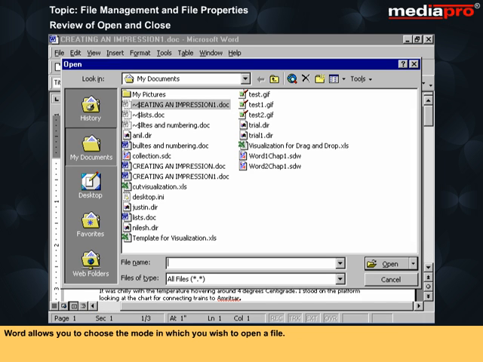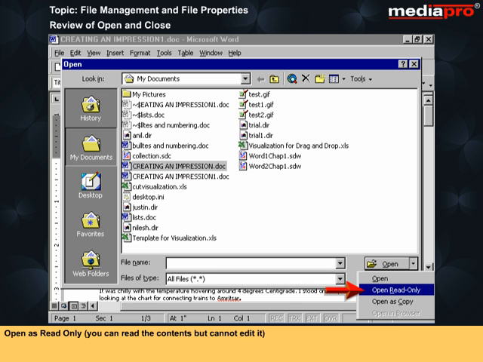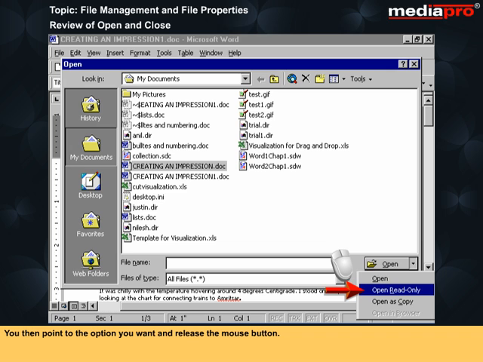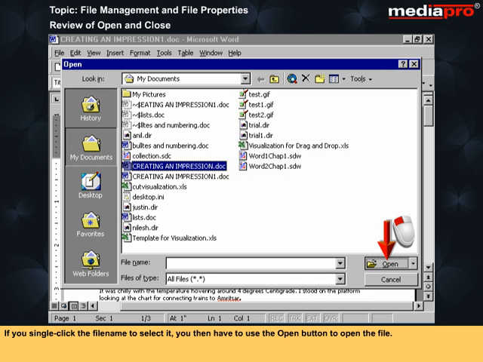Word allows you to choose the mode in which you wish to open a file. You first need to select the file or files to be opened. Then click on the down arrow next to the Open button to view the options: open the original file; open as read-only, where you can read the contents but cannot edit them; open as a copy, which opens a copy version as indicated by the title bar. You then point to the option you want and release the mouse button. If you double-click on the file name, it will directly open the original file. If you single-click the file name to select it, you then have to use the Open button to open the